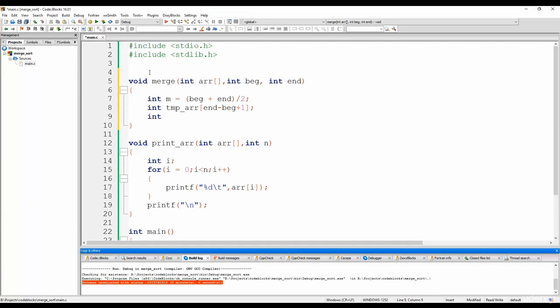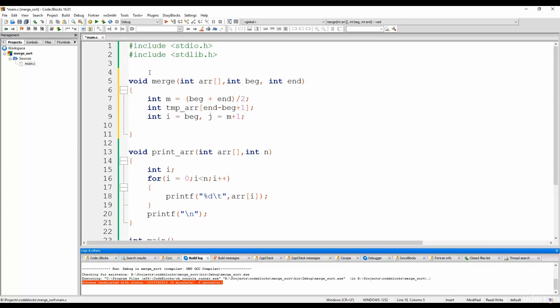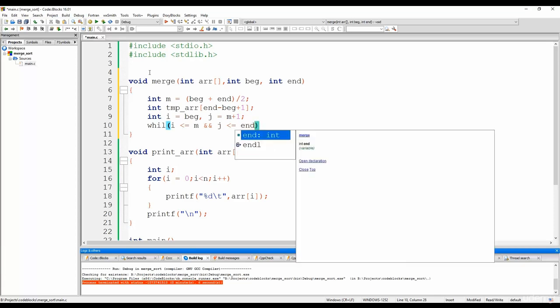And we declared 2 variables, i equals the beginning, i starts at the beginning, and j starts at m plus 1. Okay? So i started from the beginning up to m, and then j started from m plus 1 up to end. So while i is less than or equals to m, and j is less than or equals to end,